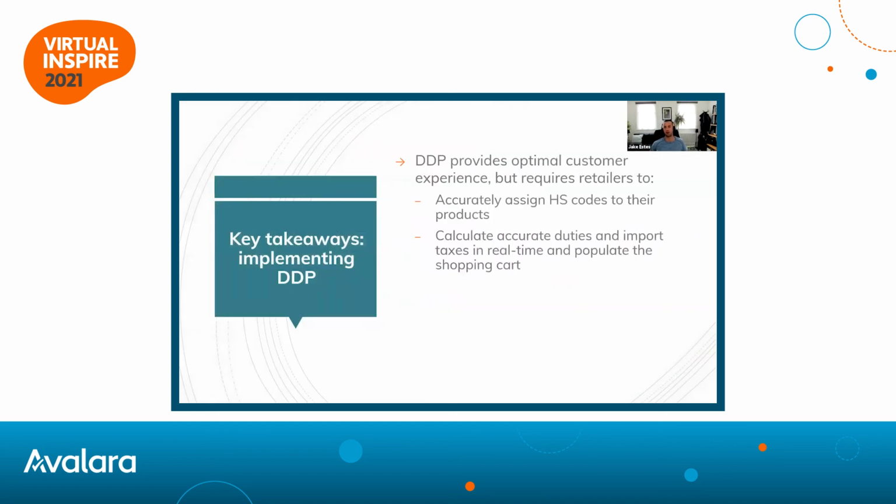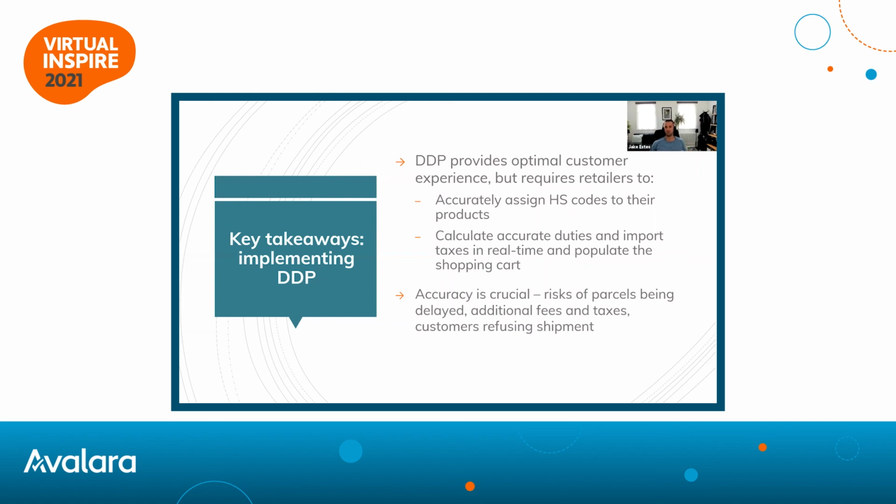So some key takeaways for DDP: it does provide the optimal customer experience. If you or your customers want to sell DDP, it becomes a lot easier nowadays as there are more automation tools out there. So the excuses for not selling DDP are slowly becoming few and far between, but Avalara's technology certainly supplements what our retail customers would like to do in terms of classification and accurately calculating duty rates internationally, not just in Europe, for example, or Asia, but globally. Okay,